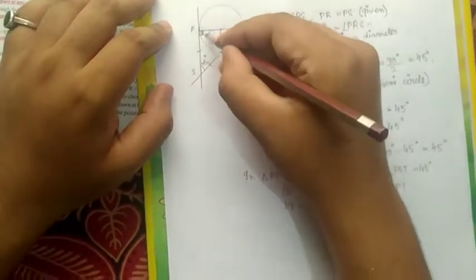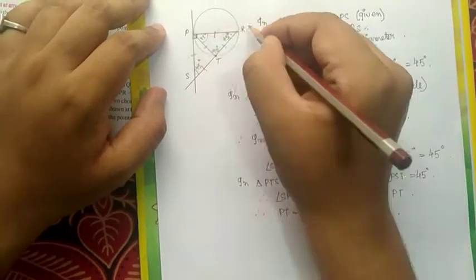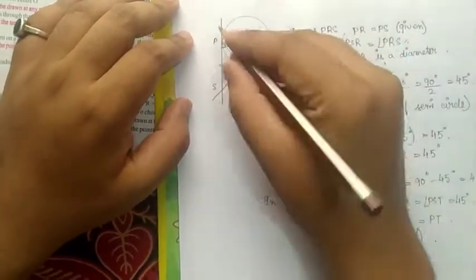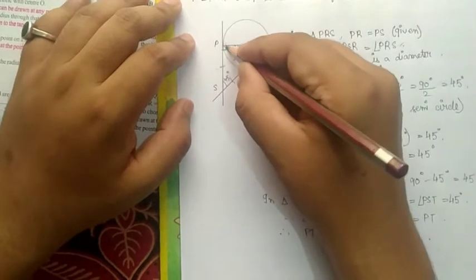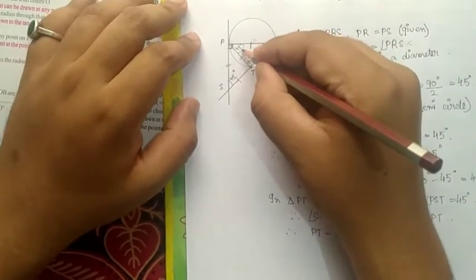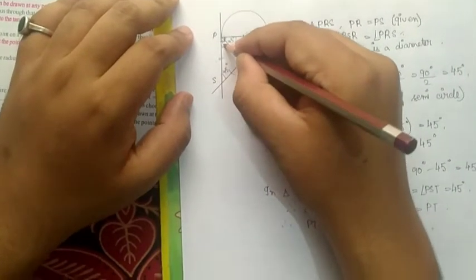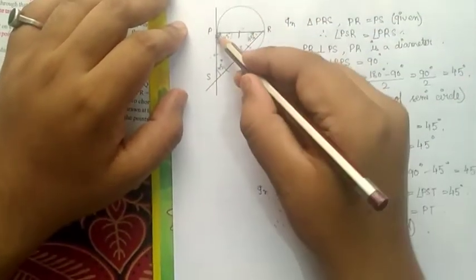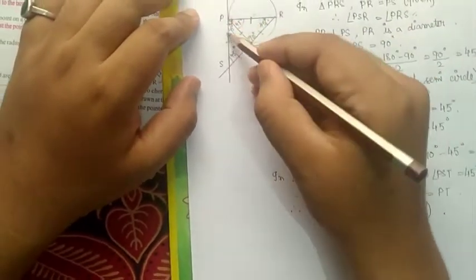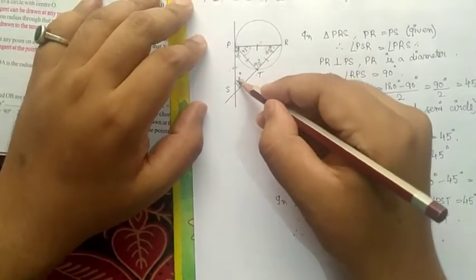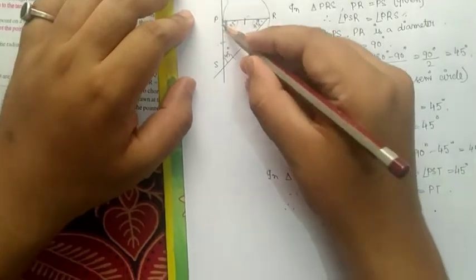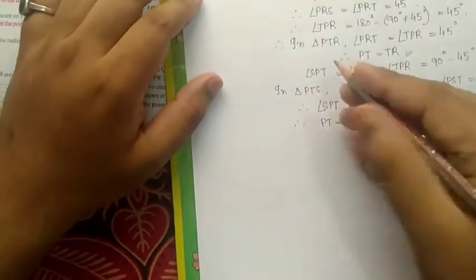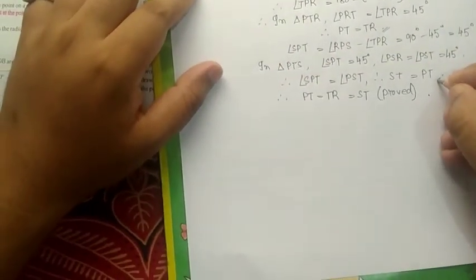So remaining part, first of all we know from the beginning PR is the diameter and PS is the tangent. So PR perpendicular to PS, therefore this angle is 90 degree. So if this is 90 degree and this angle is 45 degree, previously I proved that, the remaining angle is 45 degree. 90 degree minus 45 degree, 45 degree, and we know this angle is 45 degree. So in angle PTS, this angle equal to this angle. So the opposite sides, this one and this one, both are equal. Therefore from PST triangle or PTS triangle we can say that ST equal to PT.